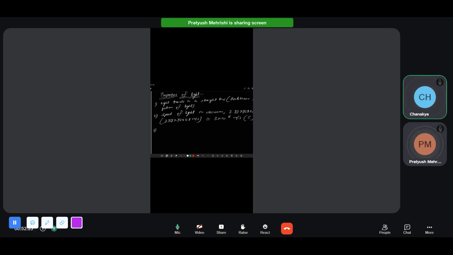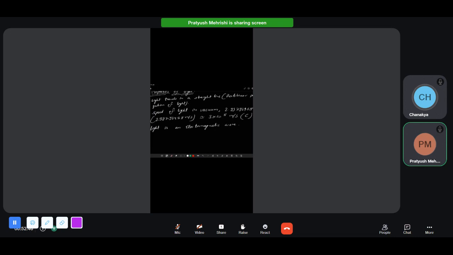Third point, third property. The third property of light is that it is an electromagnetic wave, as proposed by James Clerk Maxwell. He proposed it. It is an electromagnetic wave. It consists of